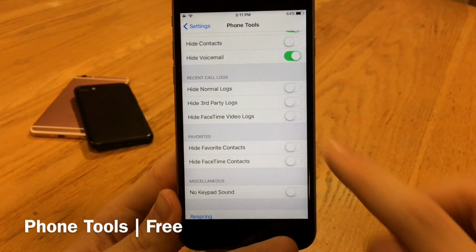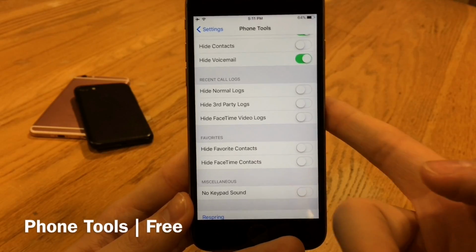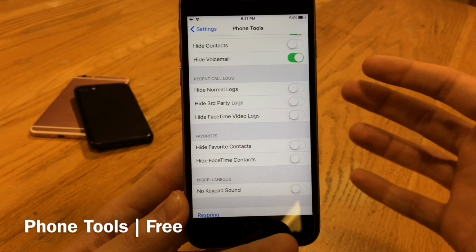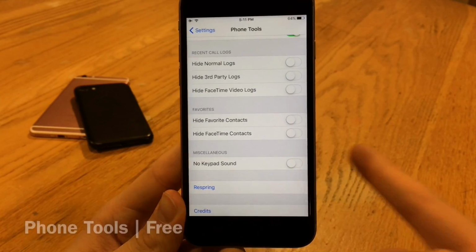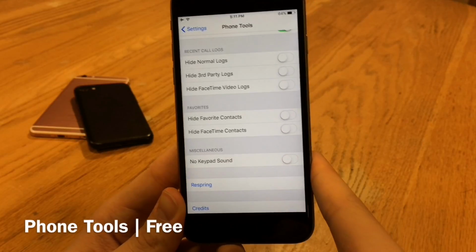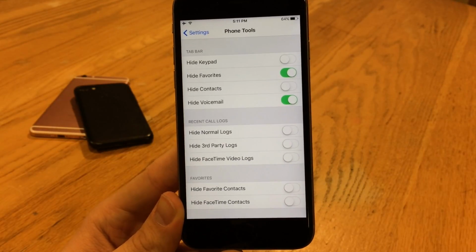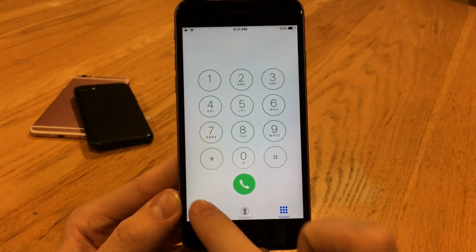And again, there's the recent call log configuration. You could hide normal call logs, or you could hide third-party call logs, or FaceTime video logs. I guess the FaceTime video one makes sense because there's the own app for FaceTime. You could hide your favorite contacts and hide FaceTime contacts. You could also make it so there's no keypad sound. But let's just go ahead and respring with the options that we do have. We just hit a few of these. I'm just going to go ahead and do that. So now when we jump into the phone application, you could see the tabs that we hid did go ahead